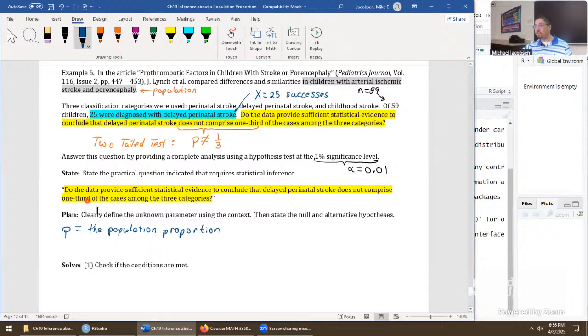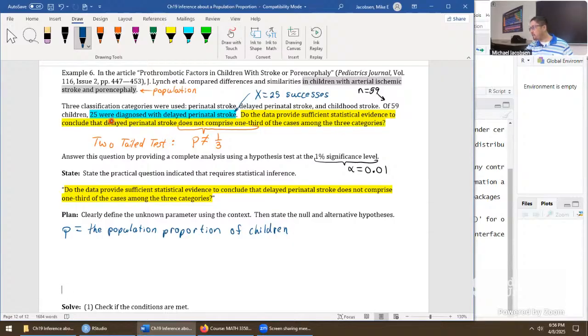I'm mixing together whether we call it proportion or a percentage intentionally, just to signify, really up to you how you'd like to write it out. P is going to be the population proportion of the successes, but we have to write that in. Population proportion of children diagnosed with delayed perinatal stroke